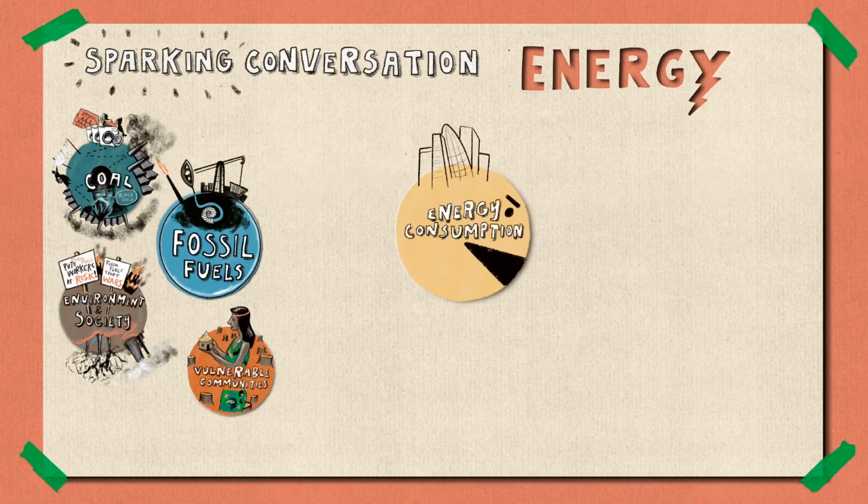Even if we look at individuals, all individuals in the UK and across the world aren't contributing equally to the climate crisis. In fact, the richest 10% of the world are responsible for over 50% of total global carbon dioxide emissions from burning fossil fuels. This may be because they own bigger homes that need more heating, cooling, or they fly more on airplanes that